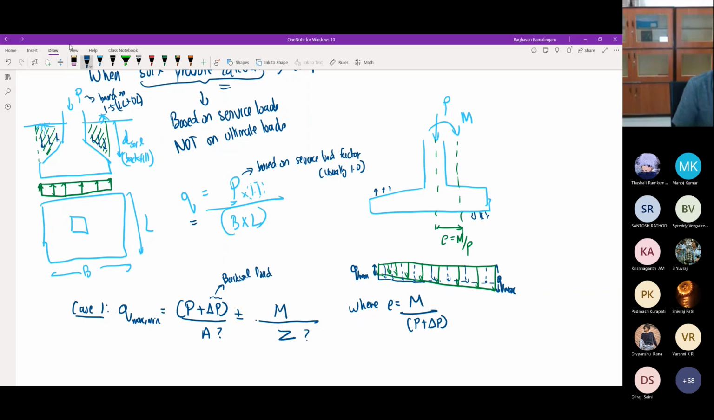So A is the area. Z? Not effective depth. This is capital Z, not small z. It's basically, you would have heard of this, it's the section modulus of your footing cross section,